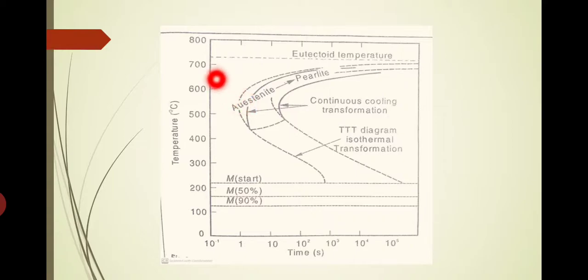How can you conclude that? If you think about a cooling curve going like this, starting from 700 degrees Celsius, then in a TTT diagram we would expect the transformation to begin at this point, around 650 or 625 degrees Celsius. But if it is considered as continuous cooling, the transformation will start only at this point, which is at a slightly lower temperature than the initial one. So the starting temperature as well as the finishing temperature is always lowered.